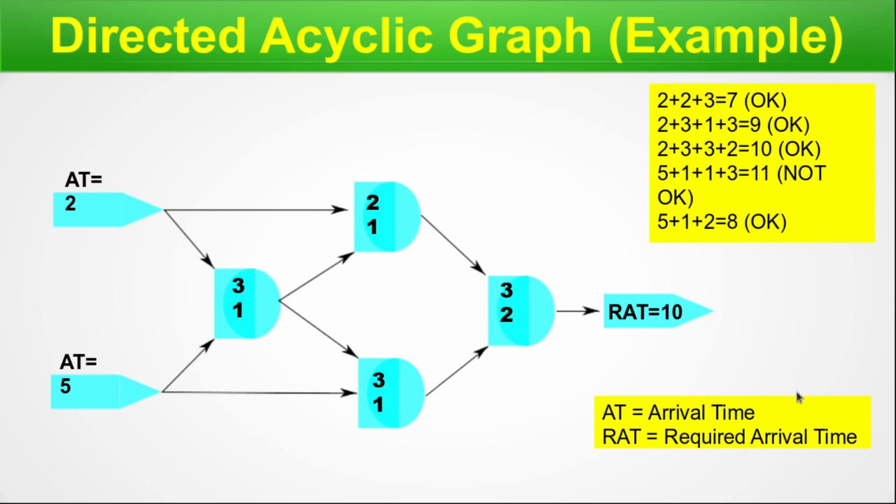So here we have shown the example of a directed acyclic graph, and we have seen how the calculations are done on this graph for the AT or the delays that have been defined versus the RAT. So we do the AT versus RAT comparison, and we point out the path which has a problem, that is which is not okay for the timing. So we are done with this particular slide and the example. Let's move on. Maximum and minimum path concept.